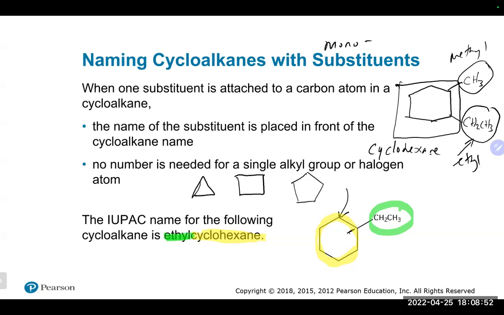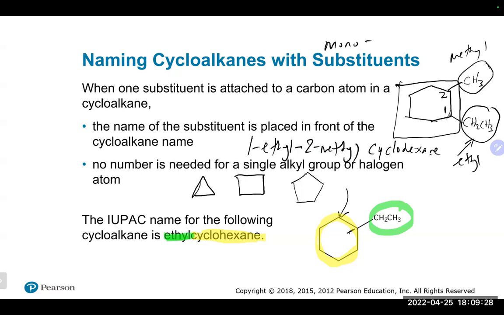So here we do need to give numbers, and we want the smallest numbers. By the way, since the groups should go alphabetically, I should start numbering at the ethyl group, since it needs to go alphabetically first and it's in a ring. That's a good place to start numbering. I then should go right to the methyl group, not away from it, because that gives it a 6 if I go around the other way. So this would be 1-ethyl, 2-methyl, and again, cyclohexane runs into it there.